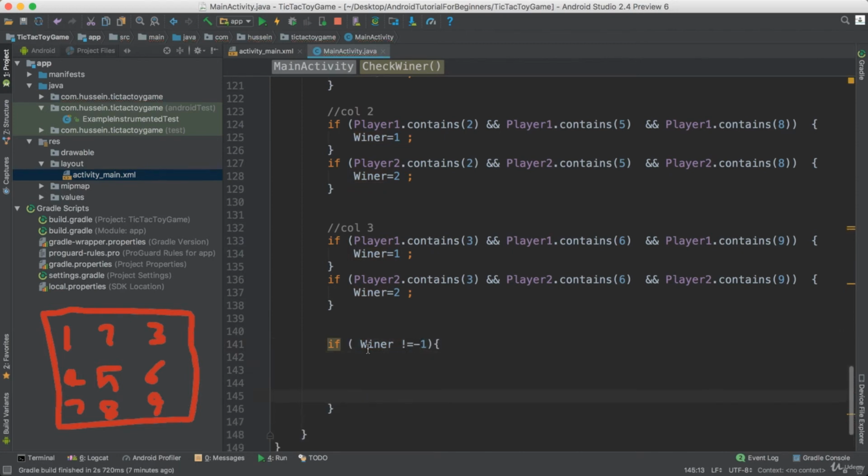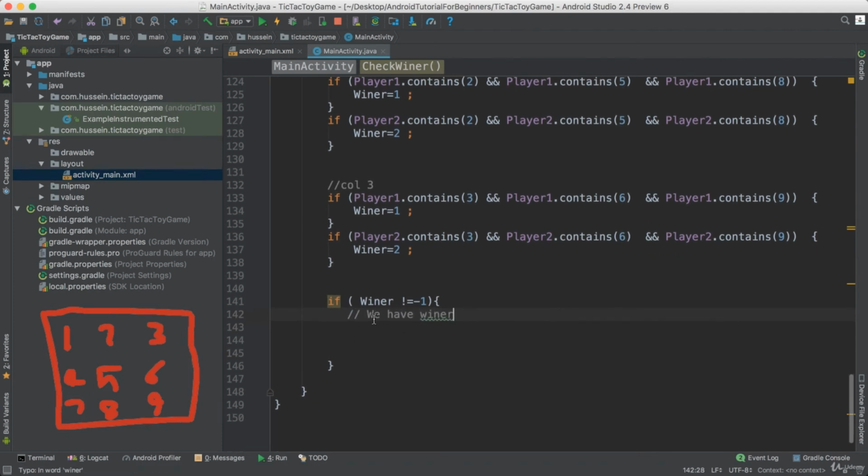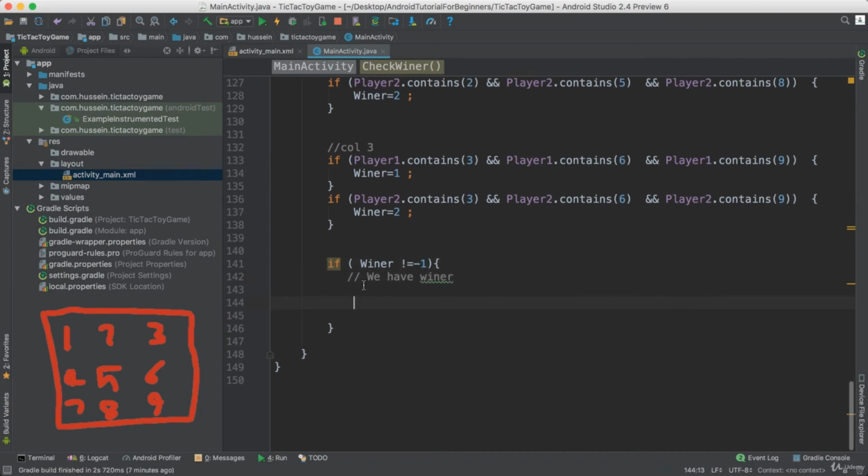That means we have a winner. So now I need to show him a message. I say, hey, you win the game, because he's not -1. So first of all I need to show him an alert, and show him a dialogue that says, hey, you win the game. There are too many ways to do that. There's a simple way. You say if the winner